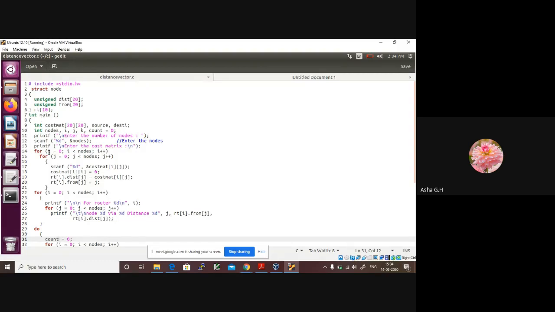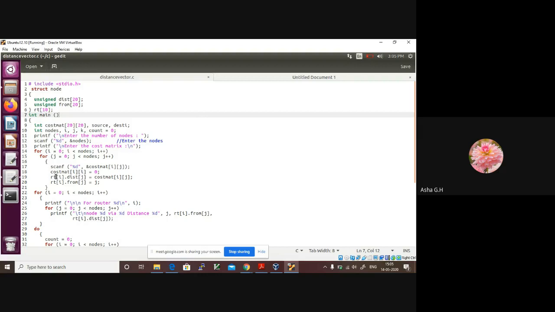In the main function, we have defined a structure. This is the structure for a node, defining a node. You can just have a look at it, and I will explain the main important points which will help you understand the initialization step, updation, and routing. Here in the first few lines, we have just entered some variables.